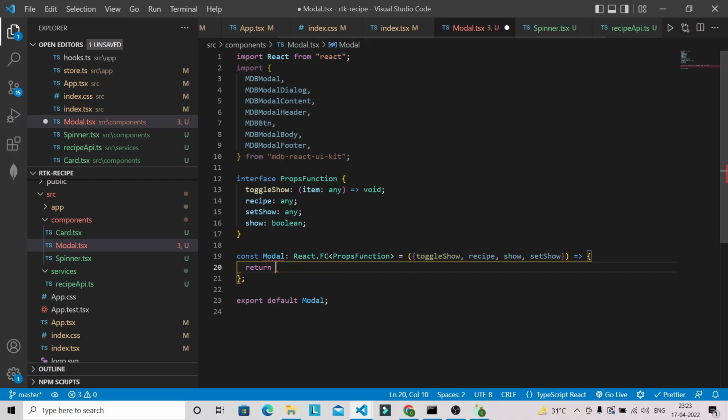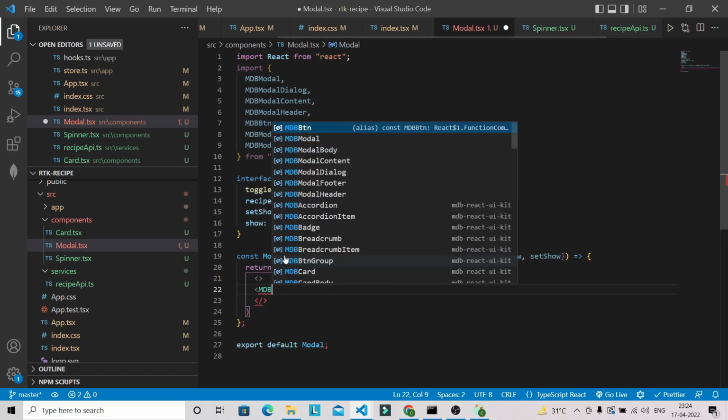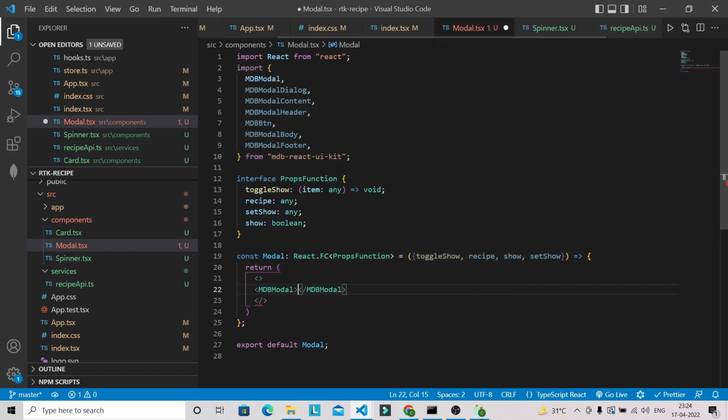Now inside return we are going to have one fragment, and here we are going to have MDBModal. Here we are going to use show, so once it's true, the modal will open. Okay, and we have to also define here setShow